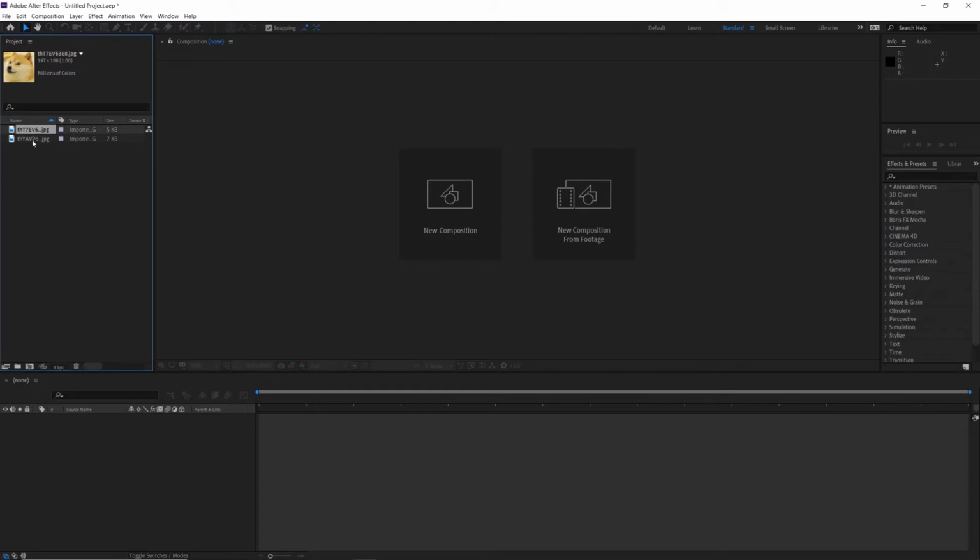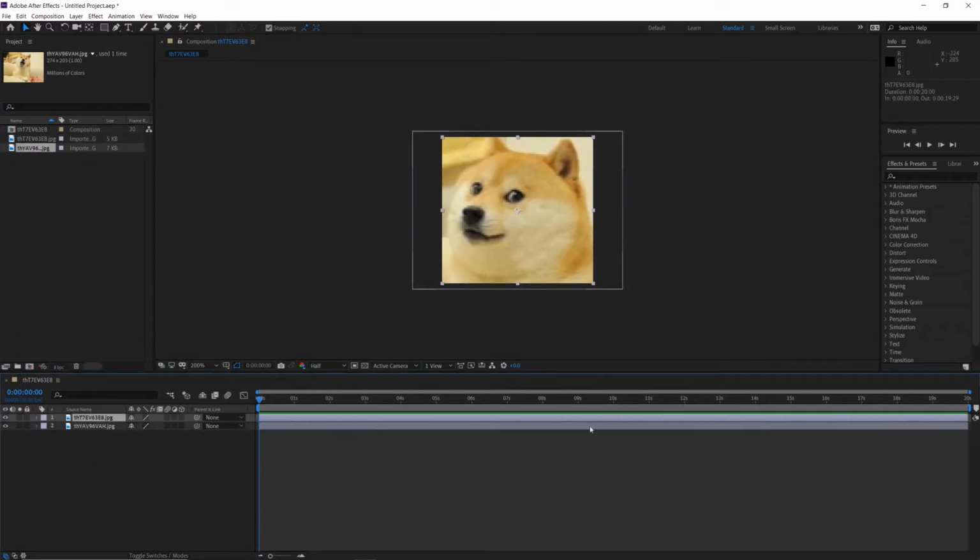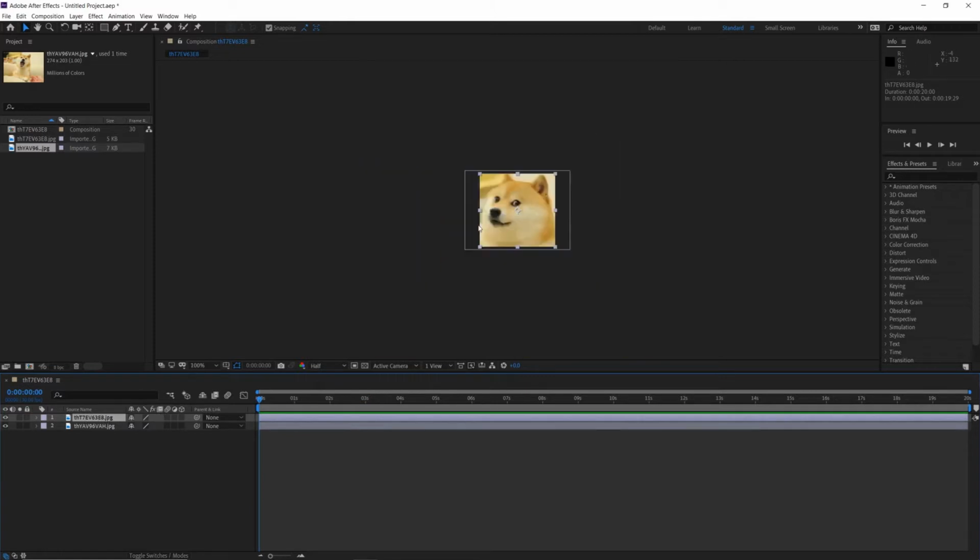First off, import your pictures. So I have two here of dogs, doges, if that's a plural. So just basically drag them into here. So first picture, second picture, and you're going to trim how long you want them to be. So let's say the first one, which is on top, this right here,